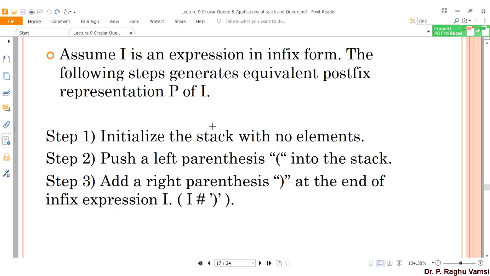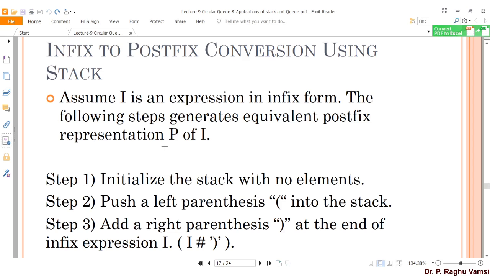Step 1 is to initialize the stack with no elements. Whatever expression you have considered, in that expression whatever characters are there, in order to store these characters you need to have a stack, that is a stack that can hold characters as data elements. So first of all you have to define a stack to hold that type of data elements, that may be integer type or character type. Anyhow, an expression is a string type that we are going to take as input. For that reason we need to implement a character stack.